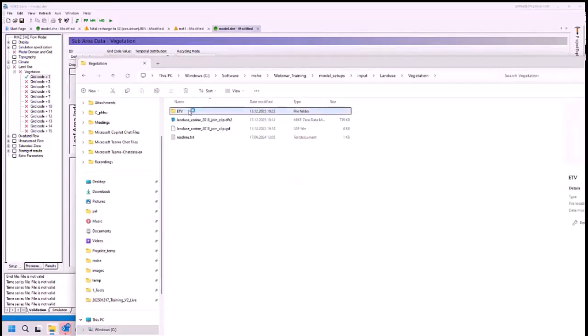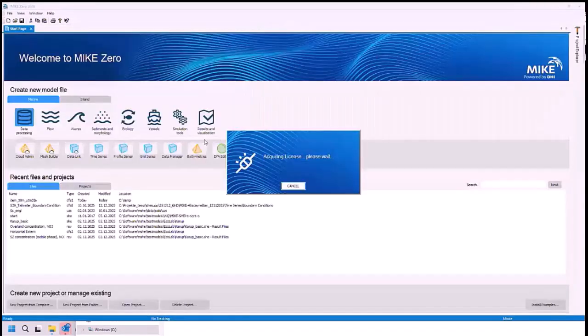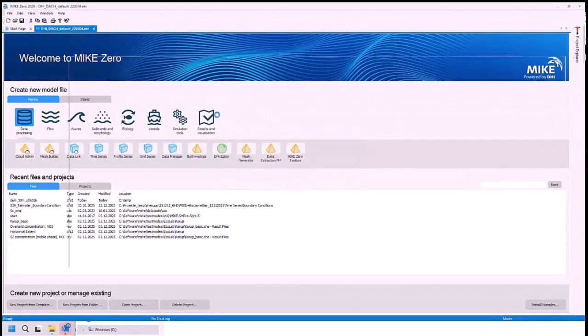This is a separate file format that contains leaf area index and root depth distributions that we developed over the years in many projects and based on literature research for exactly these 15 categories that we use in our standard projects. So what you can see here, these are less than 15 because you take some of them, like water, no vegetation, you can apply for buildings, streets, residential area, and